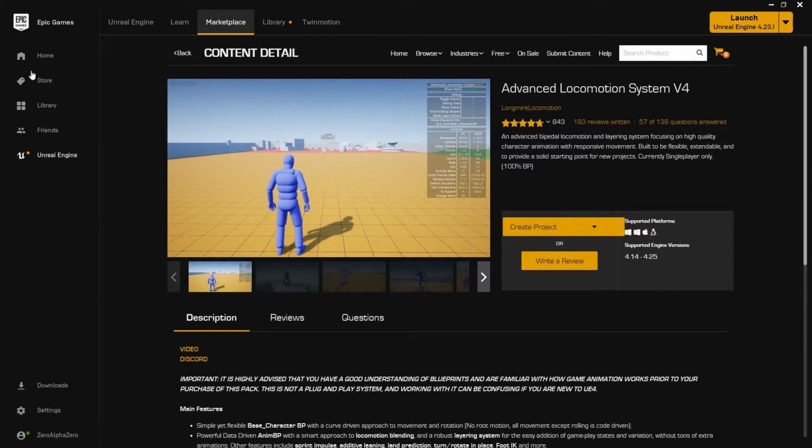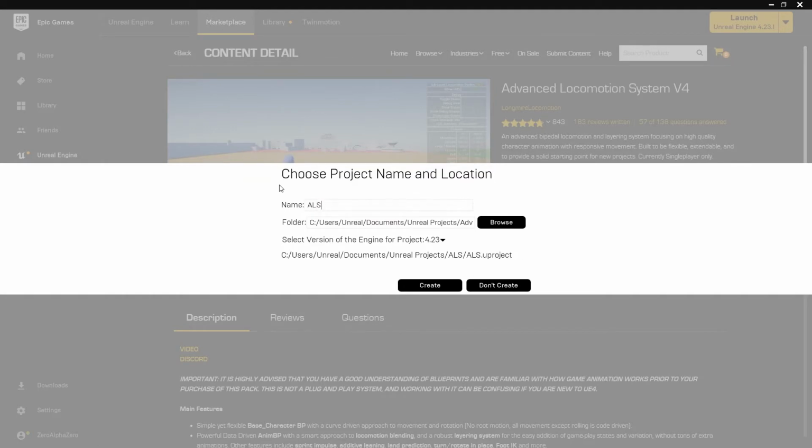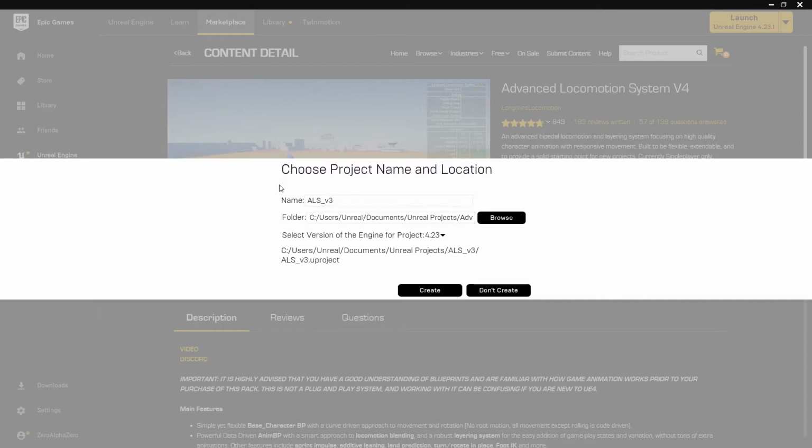So the first thing we're going to do is navigate to the marketplace, make the free purchase for the Advanced Locomotion System asset, and we're going to create a project. We'll just call it ALS for short for this one, and because of the version locking for our TAFE computers, we're going to call it Advanced Locomotion System version 3 because we're going to have